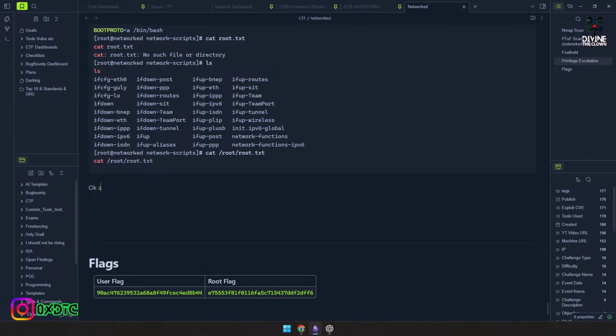Okay, so there is a vulnerability in the network file, but as per the developer, wait,